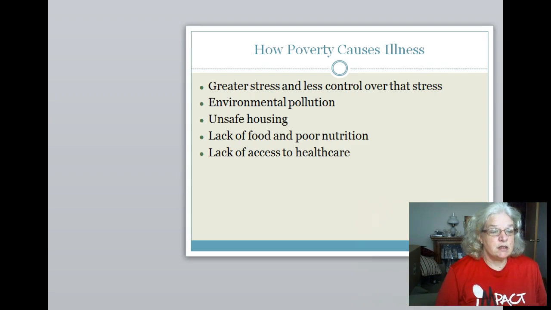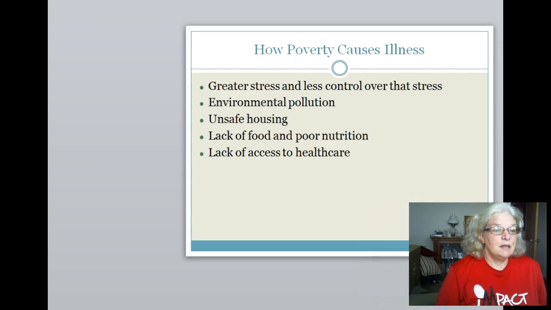And then there are such things as environmental pollution, a significant factor as we look at this chapter, and we find that those that are the poorest are more likely to live near a toxic waste facility, are more likely to have a dump in their backyard. And we can see that even the disposal of nuclear waste is on the poorest Indian reservations, where they pay them and endanger their health.